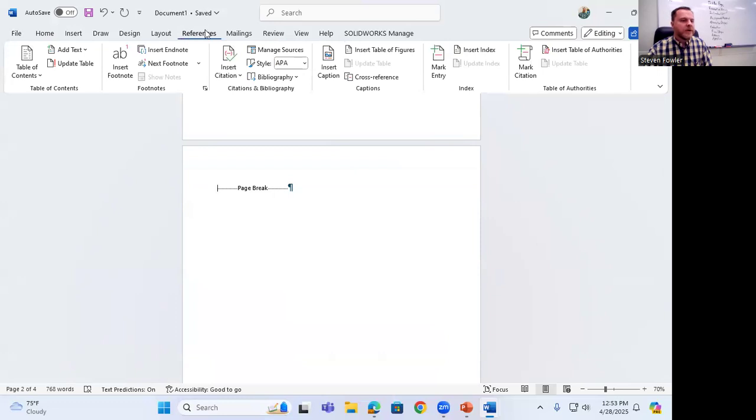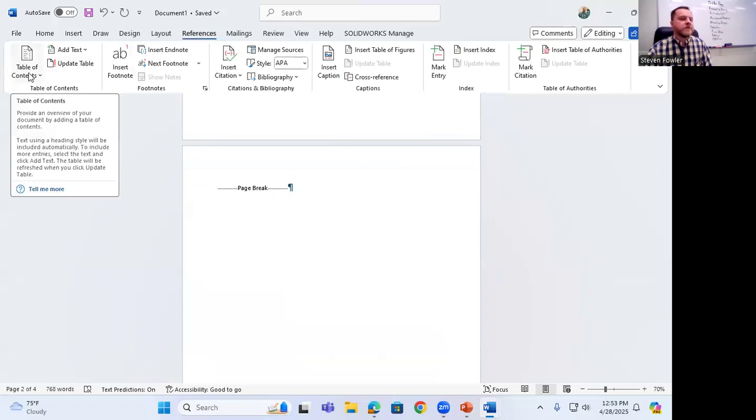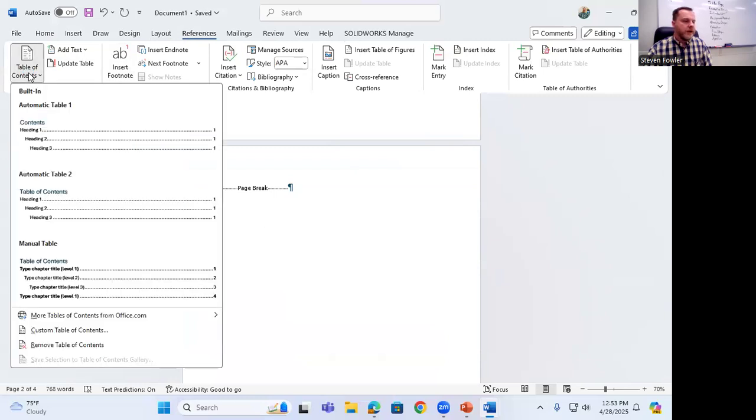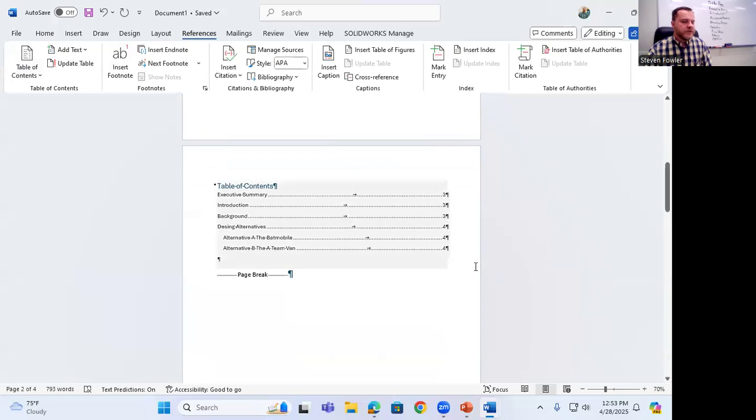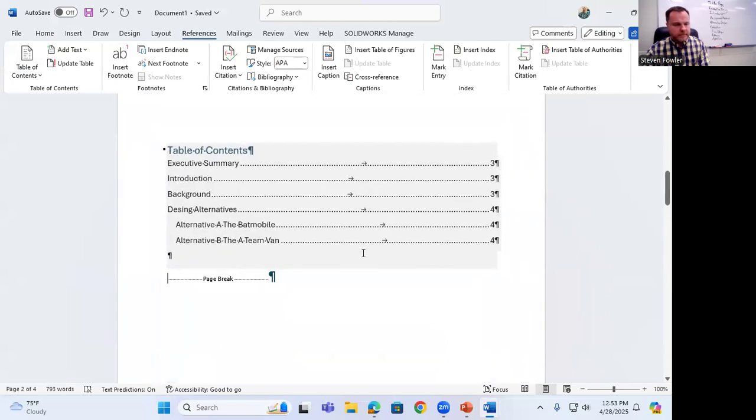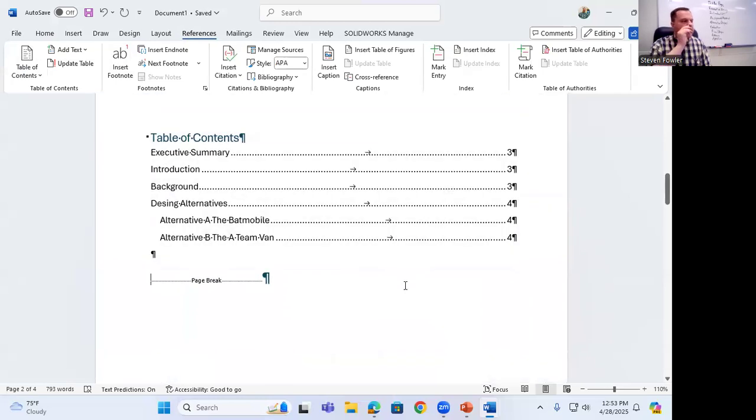There it is. In Word, it's under the References tab. You just have to go look for it. It's table of contents. And I can just say, you know what, let's just do table of contents. Notice what it did. Boom. Everywhere I've used the pre-built heading 1, 2, and 3, it goes right in and grabs them and puts